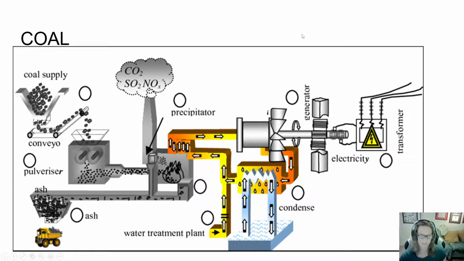So a reminder, we burn coal because we want electricity. Remember the story: we put the supply of coal in, it gets crushed up, it gets lit on fire, ignited to boil some water to spin that turbine to make the generator and give us electricity. But while we're burning the coal, all these particulates are coming out. So we need to think about what we're doing.